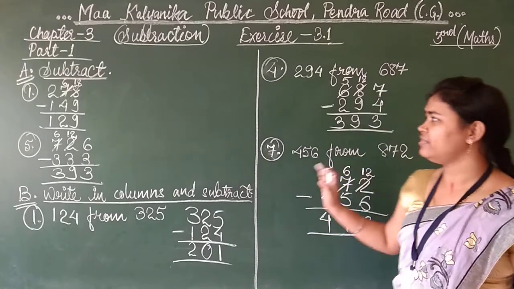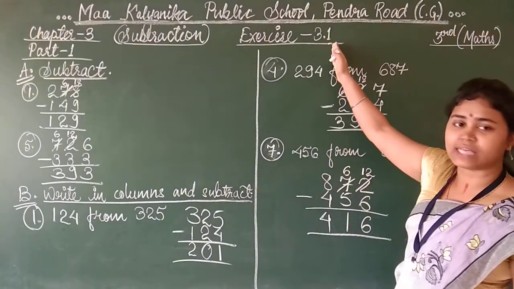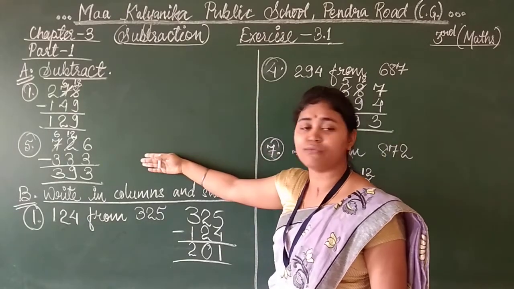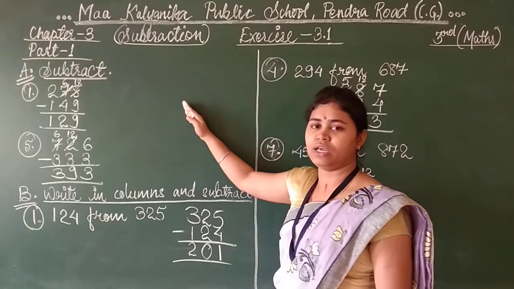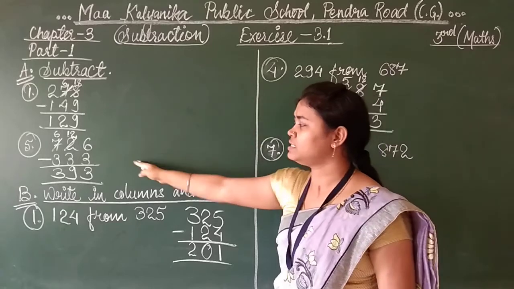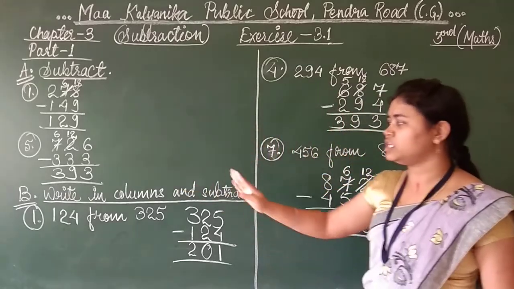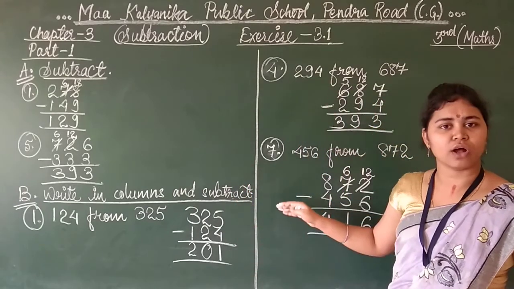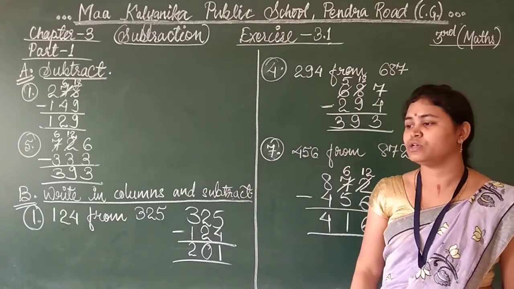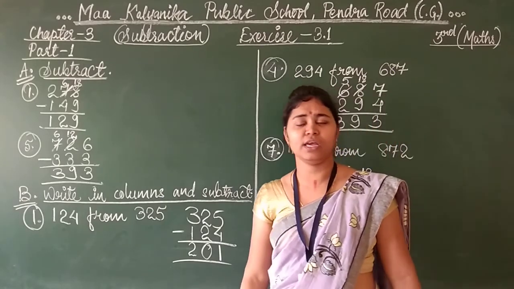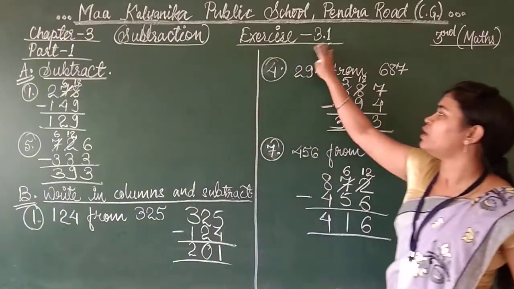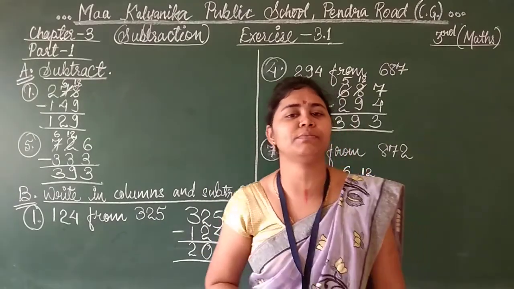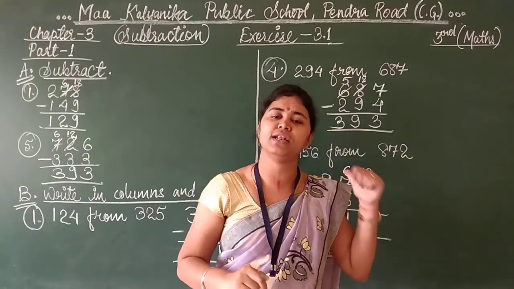So see, in this way you can solve exercise 3.1, question number A. Number 1 and 5 I have solved for you, and the rest, 2, 3, 4, 6, 7, 8, you can solve. Question number B, write in column and subtract. Three questions I have solved for you, the rest you can solve. So students, in this way you can solve exercise 3.1. Chapter number 3, this is the first video of chapter number 3. So from here you can learn how to